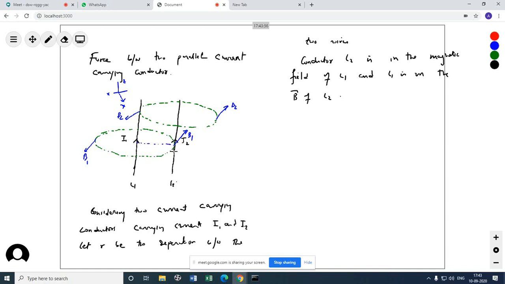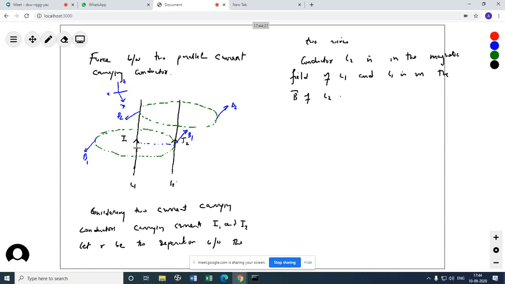Now what is the force? If I use Fleming's left hand rule, let L be the length. Before I go for the infinite length, let L be the length of each of the wires. Okay, if L is the length of each of the wires, so force, field, current, FBI, right? Field is coming out, current is up, so force is which way? You can see, if I consider this to be coming out of the board, let's say, so force is this side.